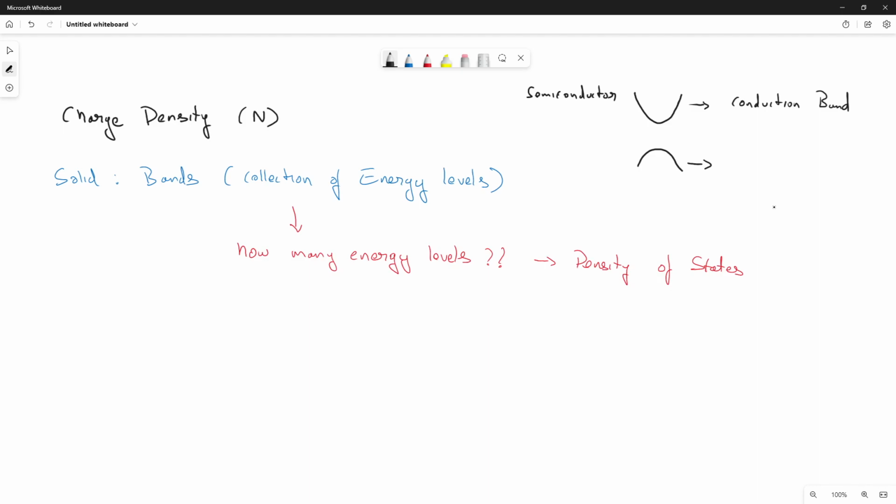At the conduction band? Someone mentioned HOMO, the edge of the valence band. Yes, HOMO, highest occupied molecular orbital, or highest occupied energy levels,